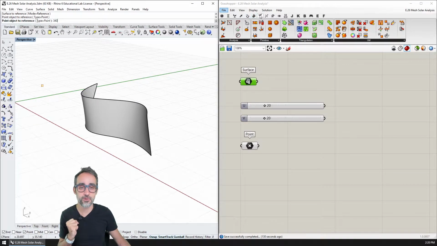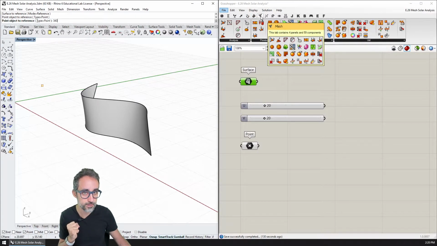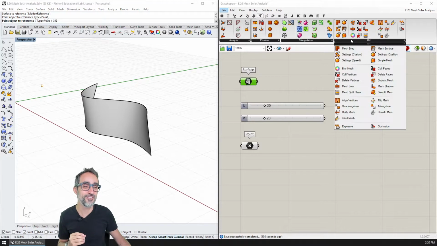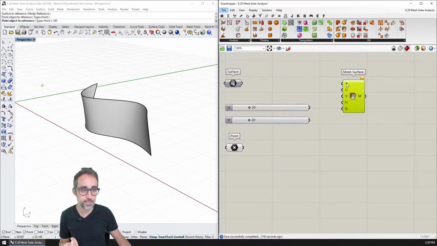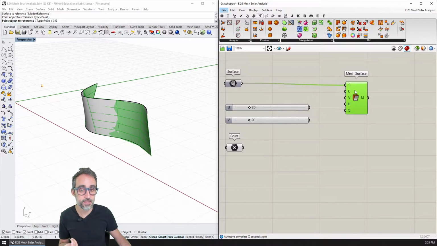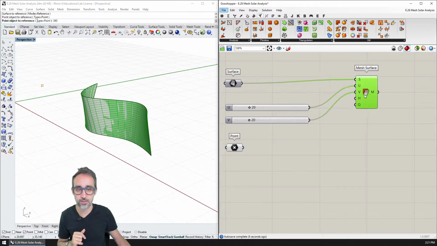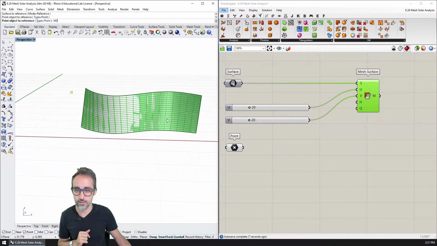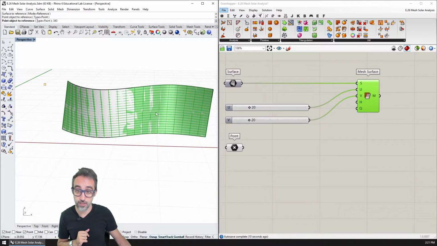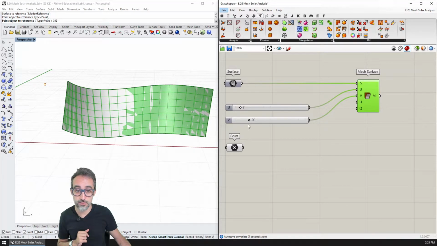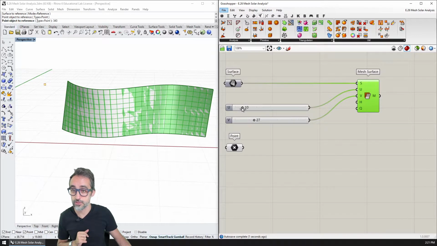So it's actually, if you go to the mesh tab and you go to the utility categories, you can see that there is one component here that is called Mesh from Surface. The way this works is that it takes any surface geometry, and then it takes how many divisions we want in the U and the V directions, and then a couple other parameters like overhangs, equalize, and so on, which we're not really interested in right now. What that gives me is a mesh that has whatever divisions in one direction and however many divisions in the other direction. So something like this.